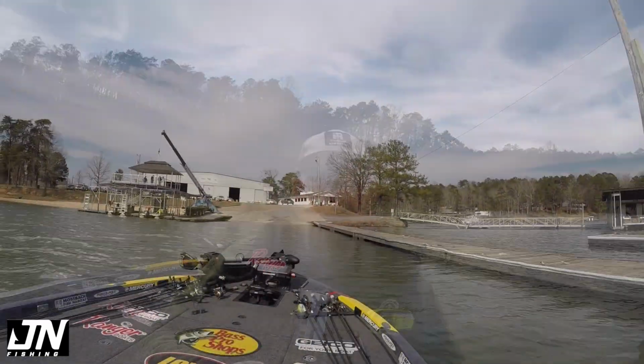I've been running a lot of stuff, looking for something different, something that hopefully I can get some sort of consistency. There's not a lot of consistency. It's kind of one-twosie, not getting a lot of bites. Hoping at this point to kind of just unlock a key, catch a fish that might kind of tell the tale on exactly what I need to do. But at the same time, if I don't, I'm hoping that what I figured out yesterday might actually be better than